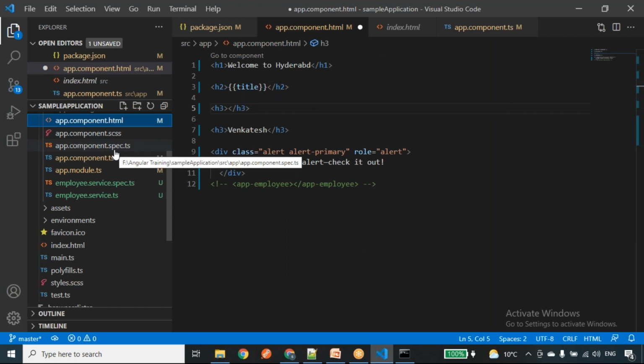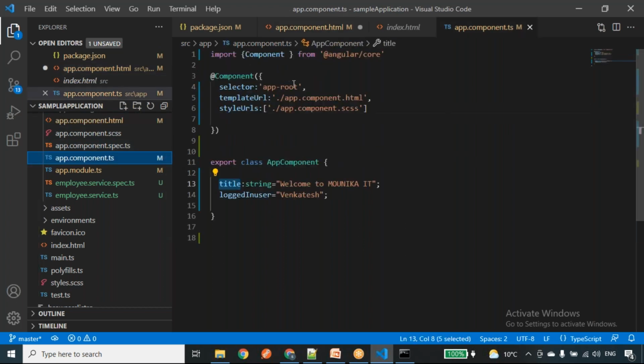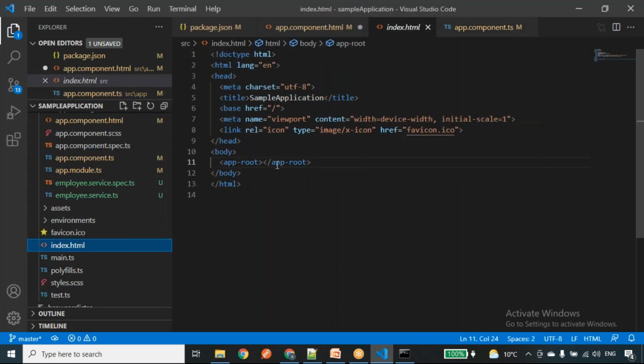That root component selector is app-root. We can consider this as a custom HTML element. I have given this app-root in index.html so that I'm able to see whatever content I have given in the app component.